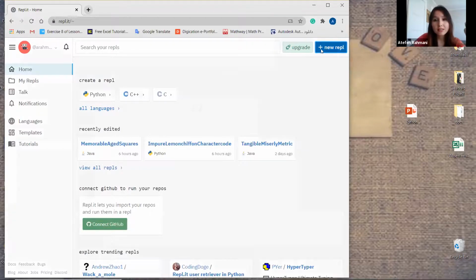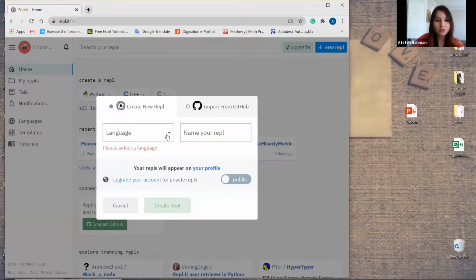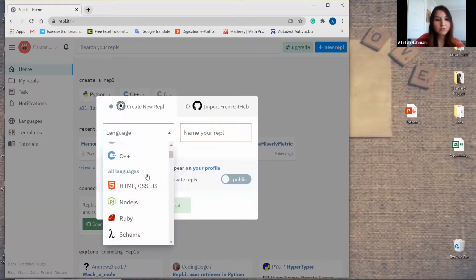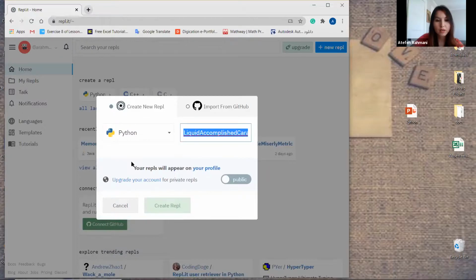Some features that this one gives us: it's just a simple online compiler for beginners, and it has all kinds of languages, all possible languages that you think of. Python, Java, C, they say all languages, okay? C#, R, SQLite that we use for data analysis a lot, okay? If I say Python and I start creating my Repl,